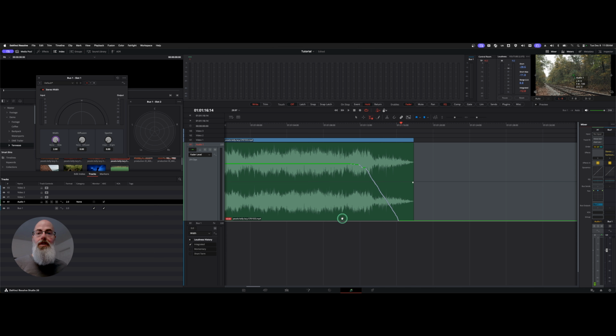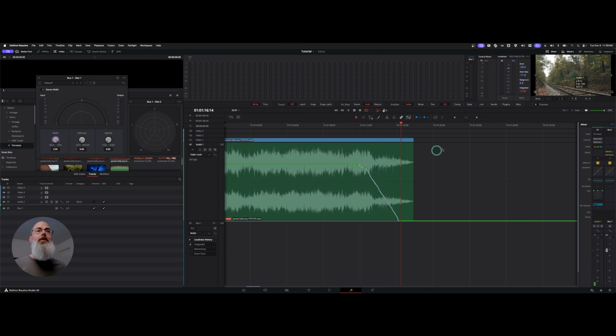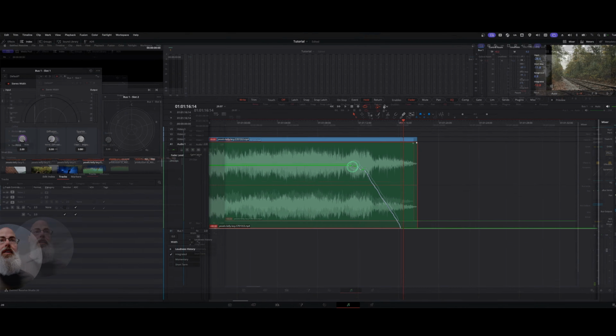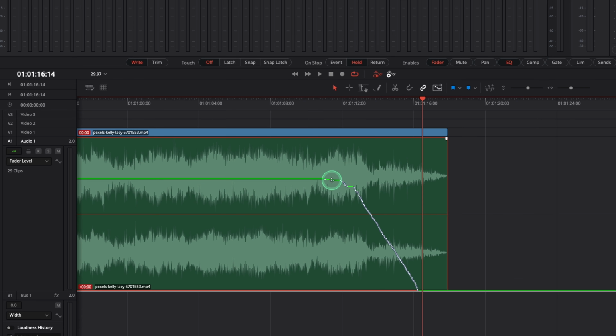Part of what I found frustrating was editing the automation. If we're on the arrow key, we're still selecting our clips here, but if we get in near the automation point, we get that same 4 arrow. We can move some of these, but to get in and actually delete them or move them around is kind of tedious. What we need is this